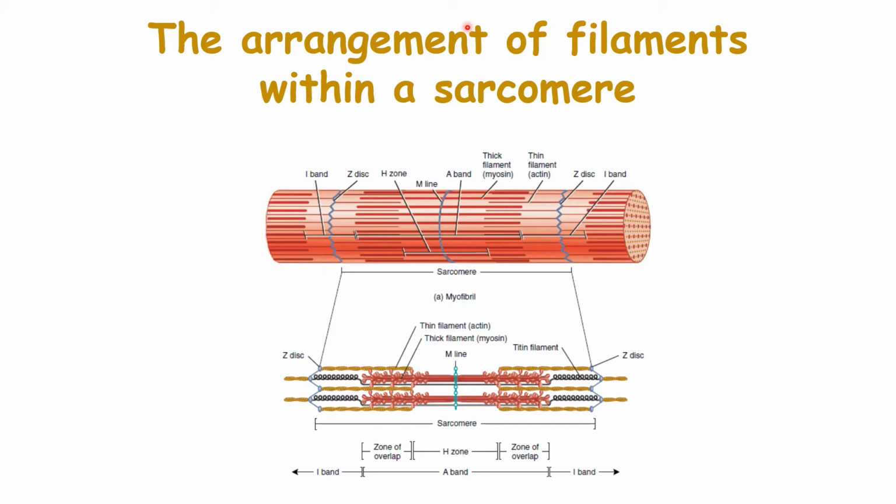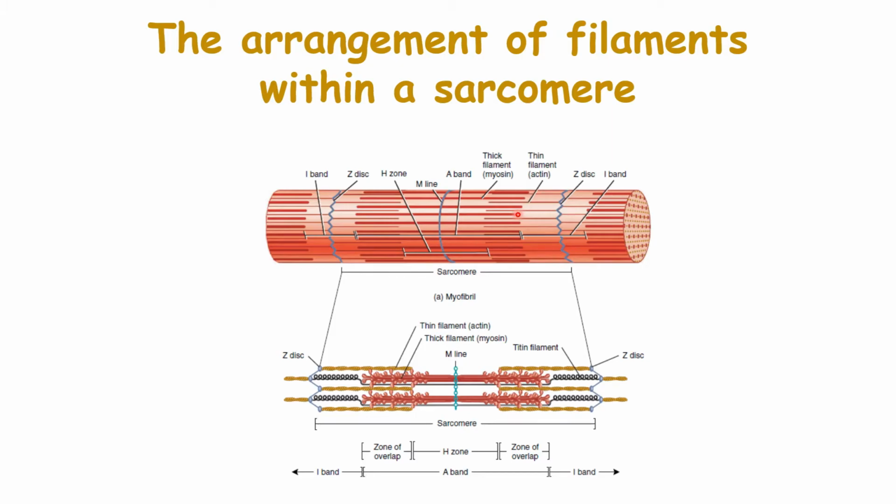The extent of overlap of the thick and thin filaments depends on whether the muscle is contracted, relaxed or stretched. The pattern of their overlap, consisting of a variety of zones and bands, creates the striations that can be seen both in single myofibrils and in whole muscle fibers. The darker middle part of the sarcomere is the A band, which extends the entire length of the thick filaments. Toward each end of the A band is a zone of overlap where the thick and thin filaments lie side by side.